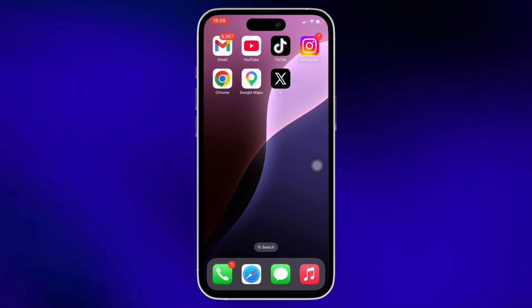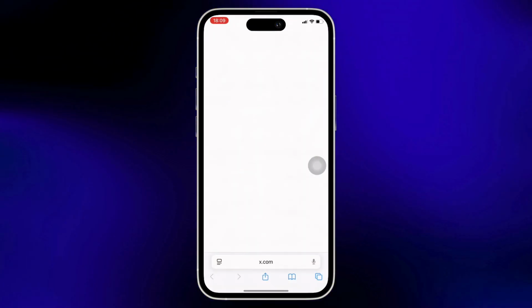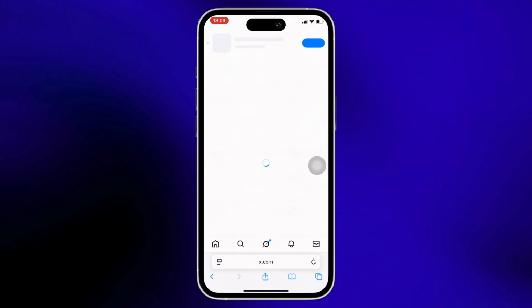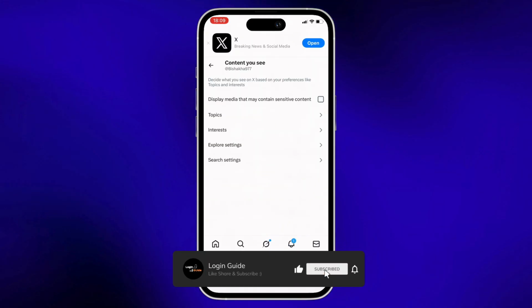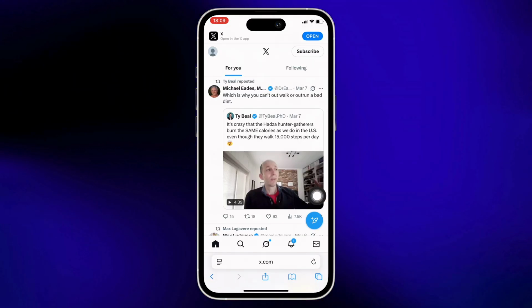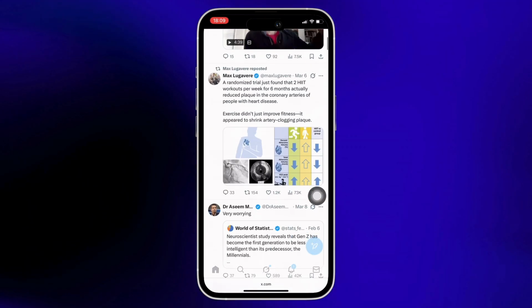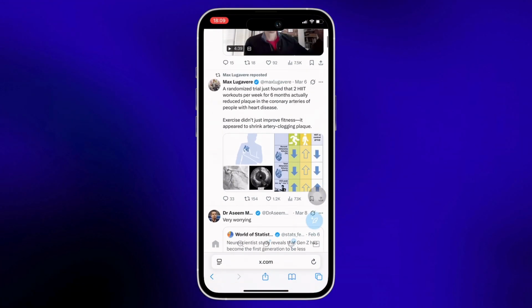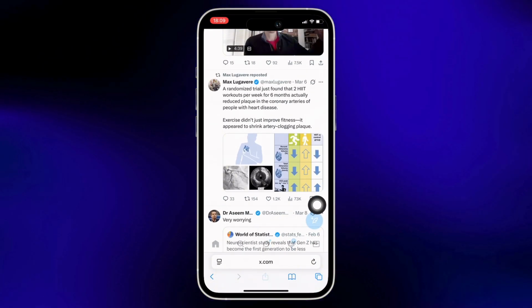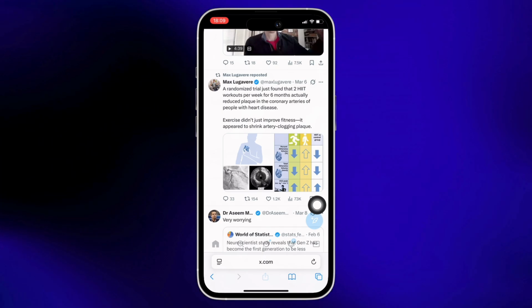Now let's get right into the tutorial. Firstly, go ahead and open your preferred browser and in the search bar, search for the app that you want to add an additional application of in your home screen. For instance, I will tap on the search bar and search for x.com in order to get the duplicate application